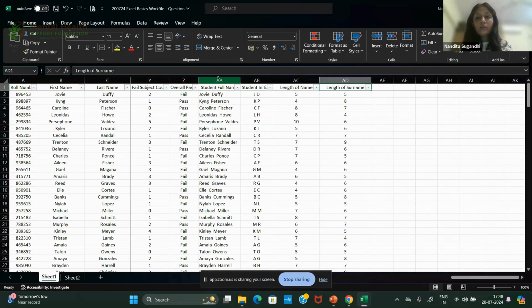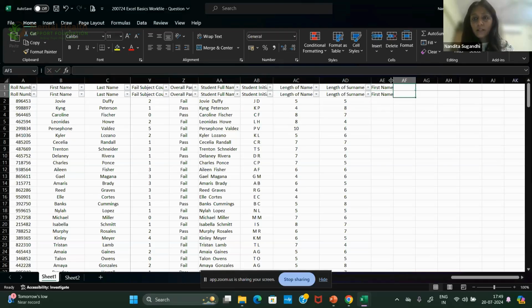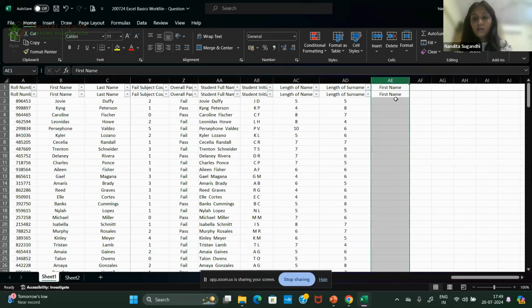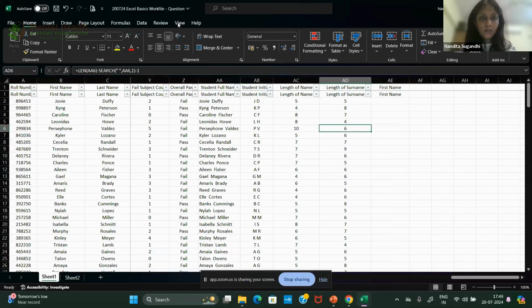This is how you can find out the length of the name and surname, and you can separate out the name and surname as well. So if I were to get just Jovi, the first name, I think this is going to be important when people are going to work on your CVs and they just want to know what is the length. Just give me a minute.